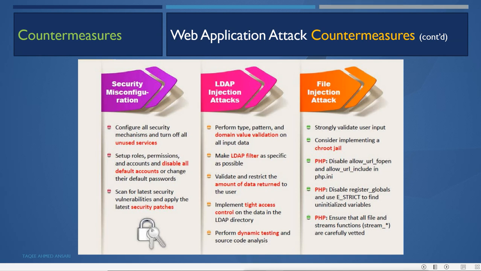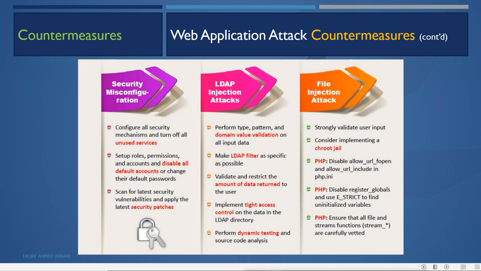Then file injection attack. For preventing this, strongly validate user input. Consider implementing a chroot jail environment. Then for PHP, disable allow_url_fopen and allow_url_include in php.ini.